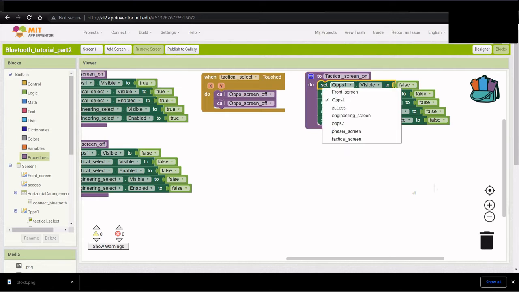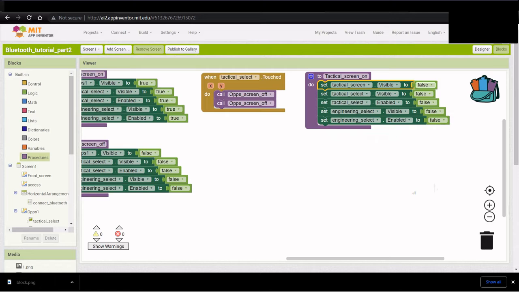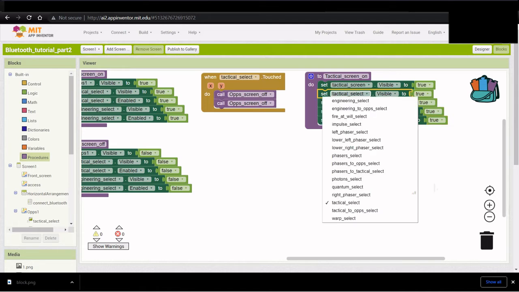We can change our visibility to tactical screen. I should have copied the one with the trues, it would save me a bit of time. Now we change our buttons, so we have